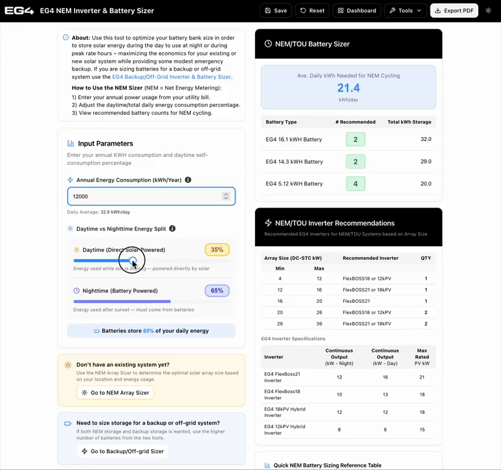The second input is this slider here. And it adjusts the daytime versus nighttime split of your average daily energy use. When the sun shines, your solar array can both charge your battery and run loads at the same time, assuming it's sized sufficiently. This slider selects the percentage of average daily loads that are powered directly from the solar system during sunny periods. The nighttime percentage then automatically adjusts to show the remaining energy your battery needs to store when the sun's not shining in order to increase your self-consumption and take advantage of the NEM or time of use